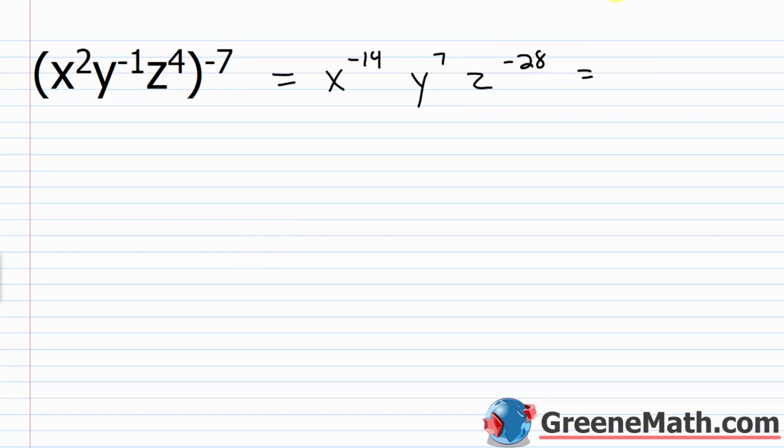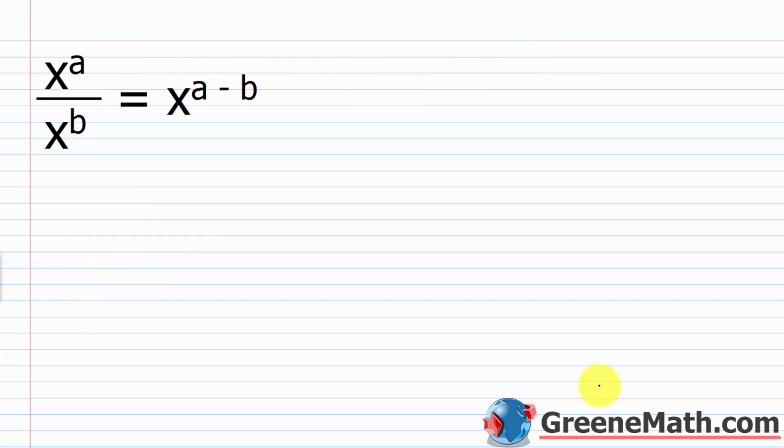So if I want to deal with this guy right here with a negative exponent and this guy right here, y to the 7th power just stays in the numerator. X to the power of negative 14, I'm just going to drag the x down here into the denominator. Negative 14 becomes positive 14. I'm going to drag this z down here into the denominator. Negative 28 becomes positive 28. So my answer here is y to the 7th power over x to the 14th power, z to the 28th power. All right, so now that we have a great understanding of how to work with negative exponents,